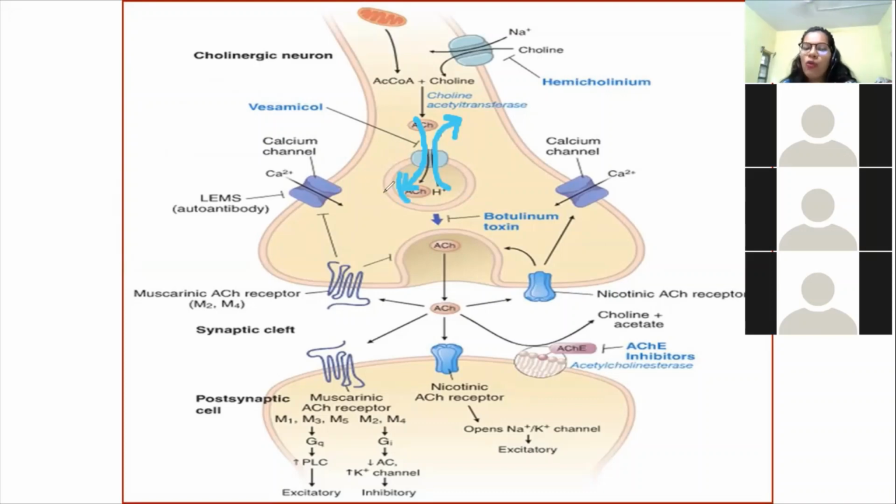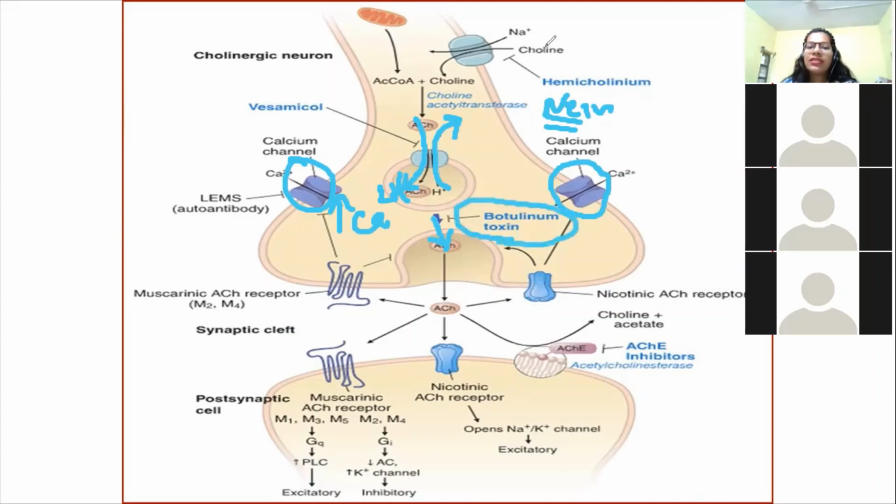Now these are made when there is an increased concentration of Ca2 plus. Now how did Ca2 plus get increased? Because when the nerve impulse came to this presynaptic neuron, your calcium channels were open. Okay, then there was a vesicle formation into which your acetylcholine was stored. Now it has been transferred and fuses with the plasma membrane so that it can be released into the synaptic cleft.